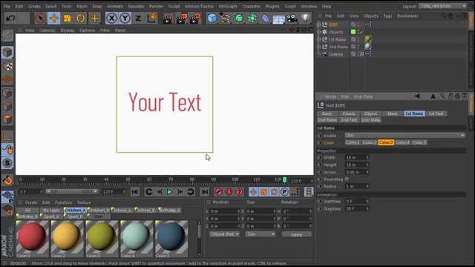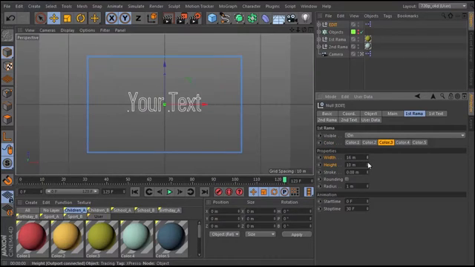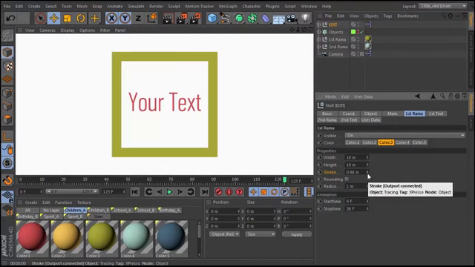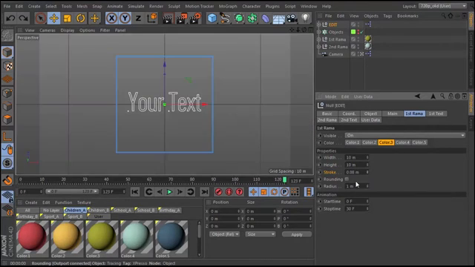Width and height set width and height respectively. Stroke sets thickness. Rounding and radius round the corners of Rama.